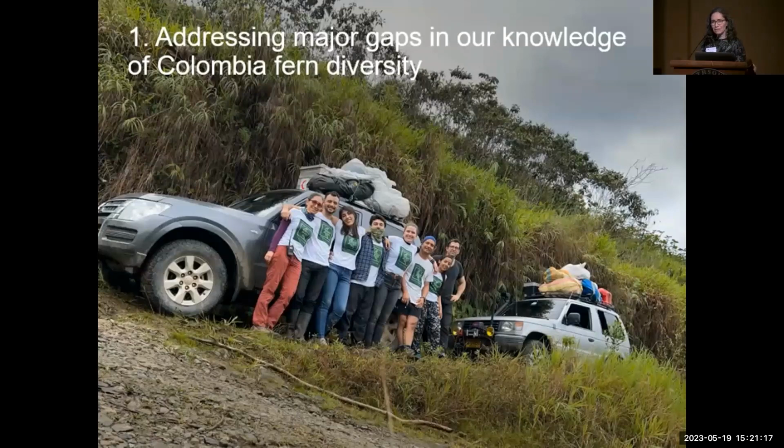So within this main aim, we have 4 objectives that I'm just going to detail, and I'm going to tell you a little bit of the preliminary results we have. So the first objective is addressing major gaps in our knowledge of Colombian fern diversity. In order to improve understanding of Colombian fern diversity, we are conducting field expeditions to understudied species-rich areas